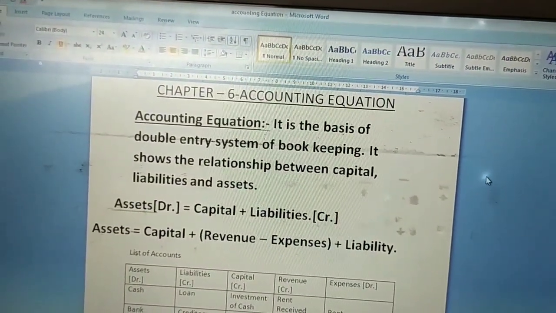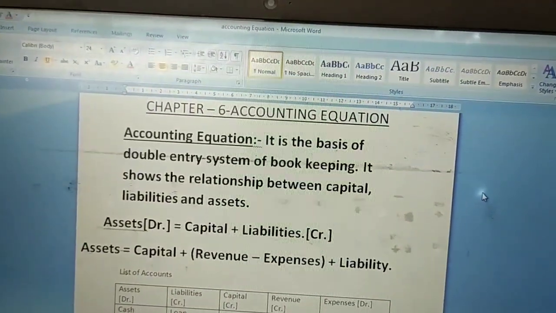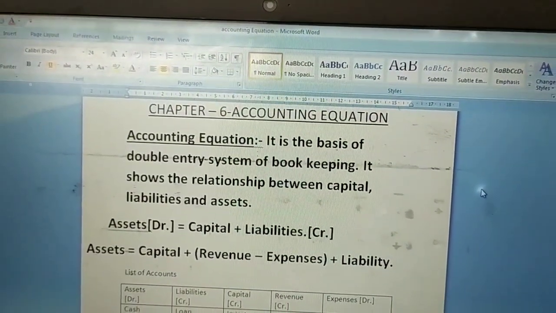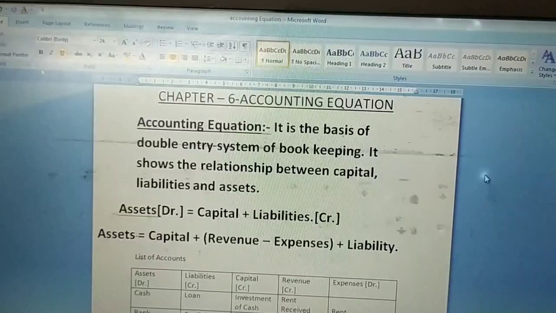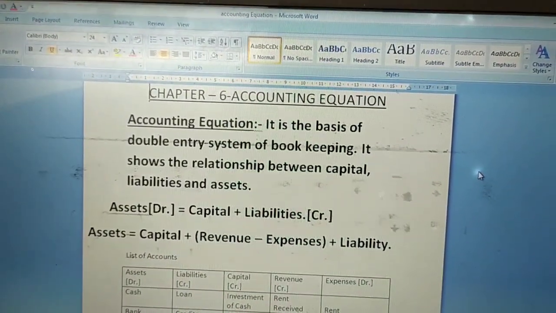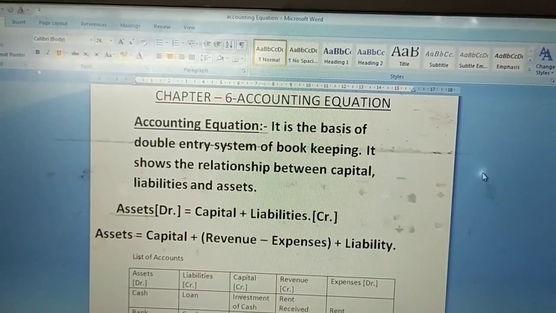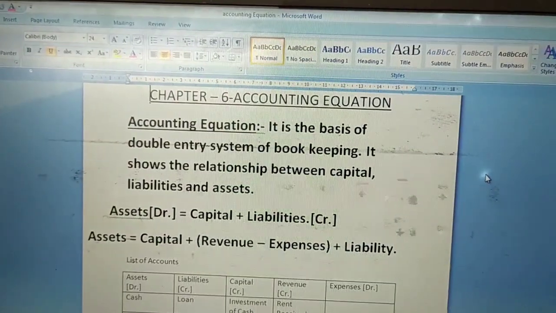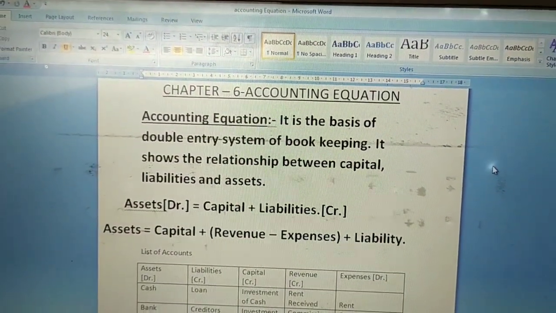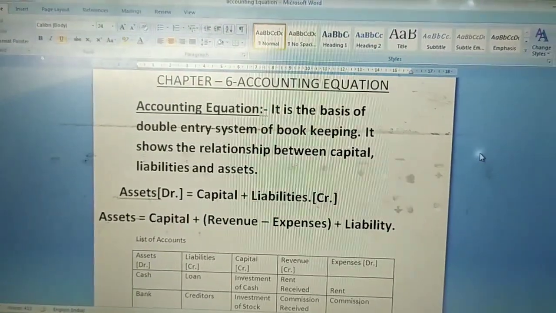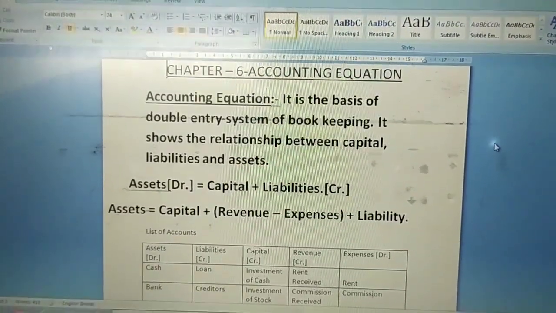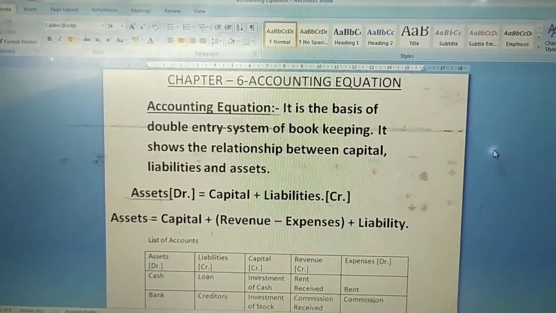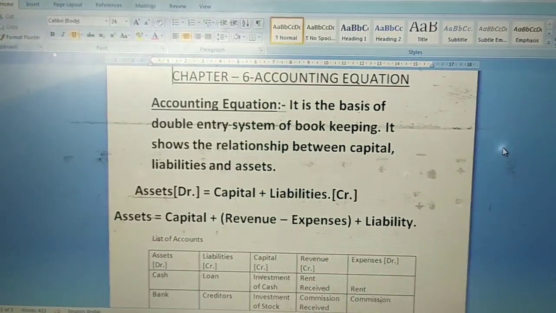capital plus revenue minus expense plus liability. Now I have to say you why asset is written over here as debit and capital and liability together credit. Because asset is having a debit balance, that's why debit, and capital and liabilities are having credit balance, that's why credit. That means our one side is debit part and the other part is the liability and capital is the credit part. We all know that our transactions are having two aspects. One aspect is the debit aspect, one aspect is the credit aspect. So as our transactions have two aspects and all the time these two aspects are equal, that's why asset is also equal to capital plus liability.